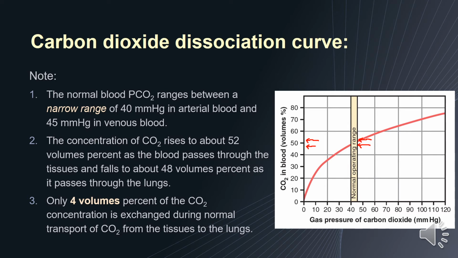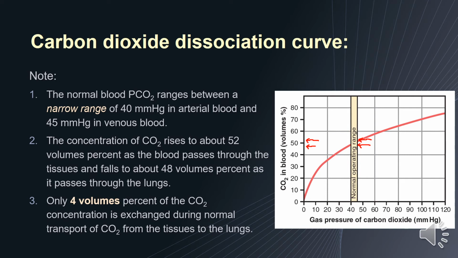This figure shows you the carbon dioxide dissociation curve. It is not like that of the oxygen dissociation curve, which is sigmoid in shape. And please note this most important difference between the two curves. The normal blood carbon dioxide range is very narrow here, not as in the oxygen dissociation curve, which has a